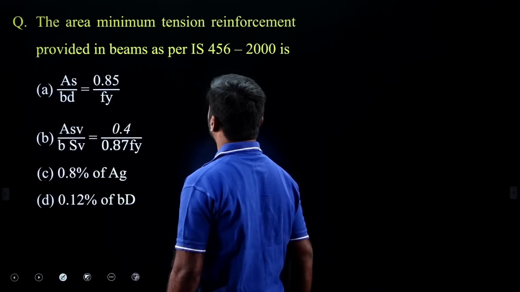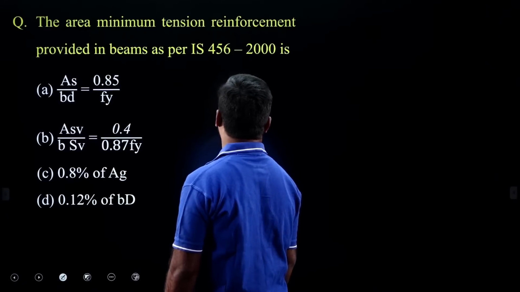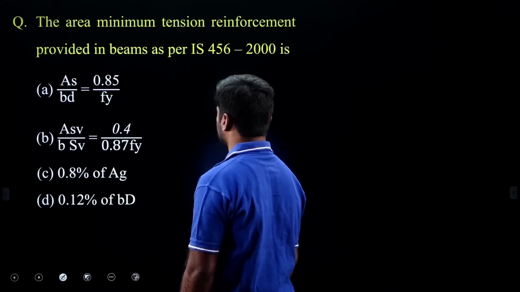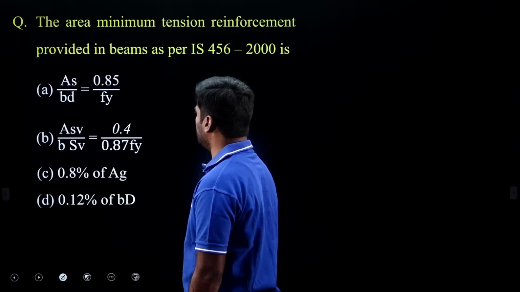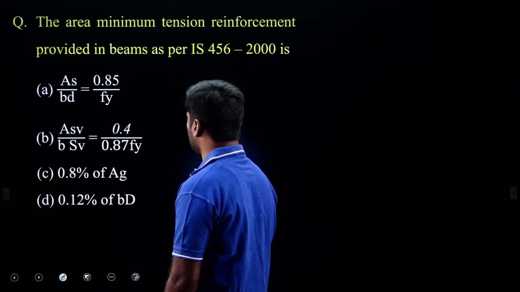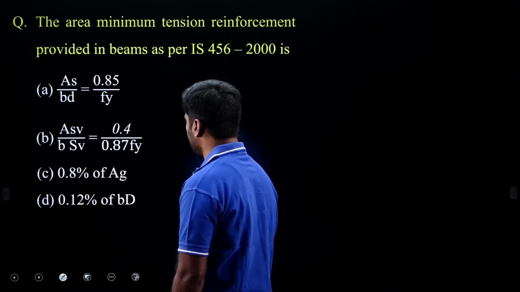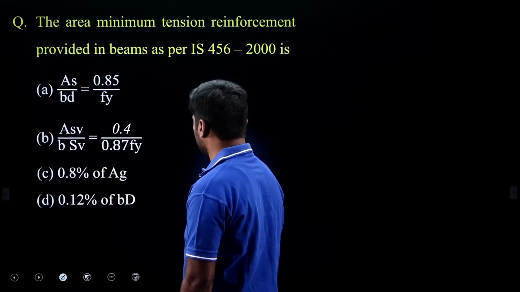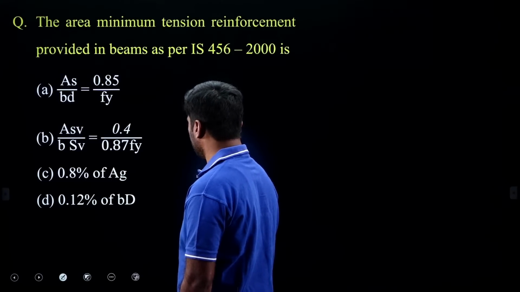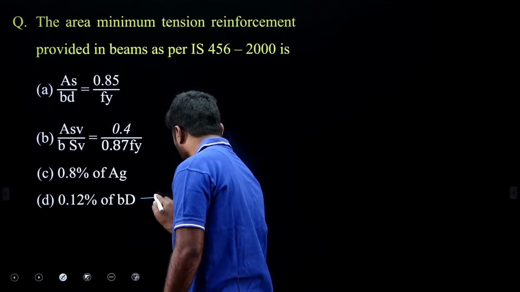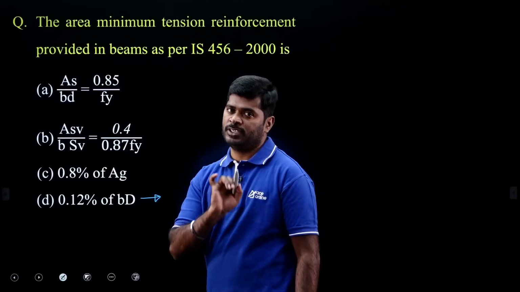The area of minimum tension reinforcement provided in beams as per IS 456-2000 is. Given options: A, As upon bd equals 0.85 upon fy; B, Asv upon b into sv equals 0.4 upon 0.87 fy; C, 0.8 percentage of gross cross-sectional area; and D, 0.12 percentage of bd. My dear, 0.12 percentage of bd is the minimum area of steel